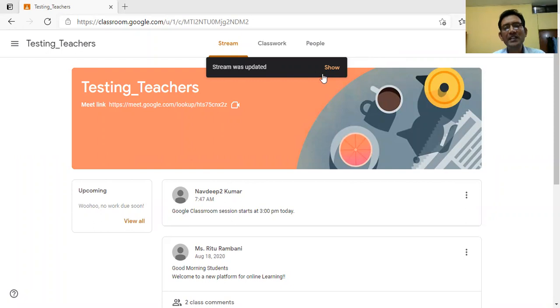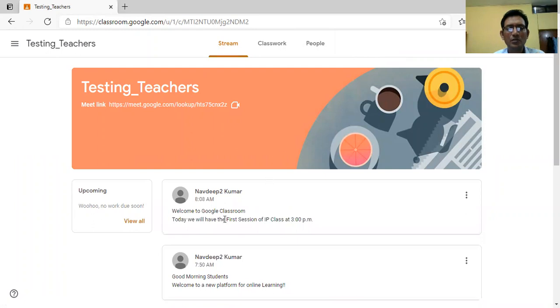In the student screen, as you can see, there are three tabs: Stream, Classwork, and People. The grading part will not be part of the student view. Whatever update I have done on that side, now you can see the message that I posted from the teacher screen, and how it is visible to the students.